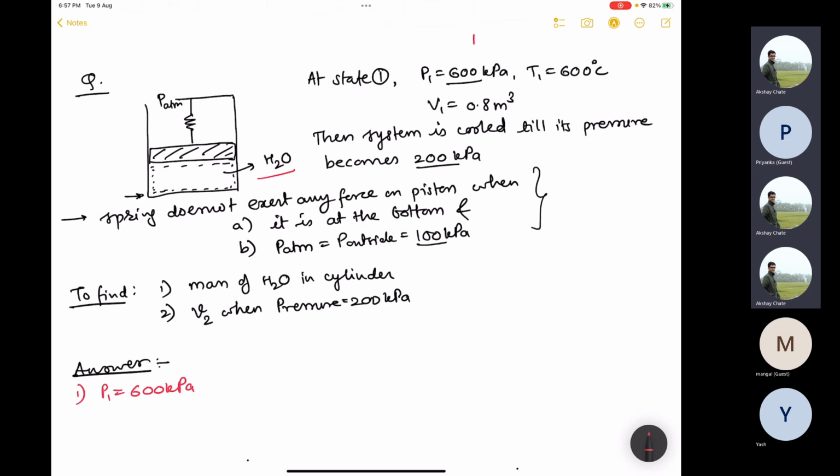Or you can do vice versa also, 600 degrees Celsius, if it is there at all. No. So basically your temperature is above the critical point temperature of water. So even if the pressure is 600 kPa, you are way above the temperature of that two-phase region. So it is definitely